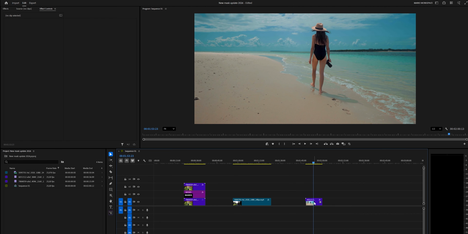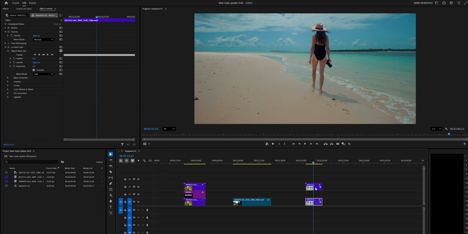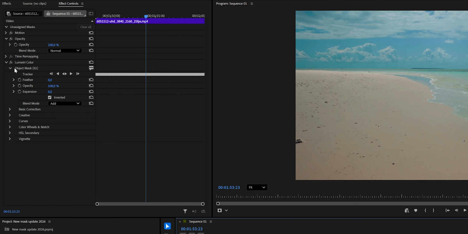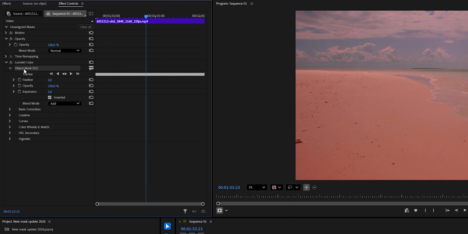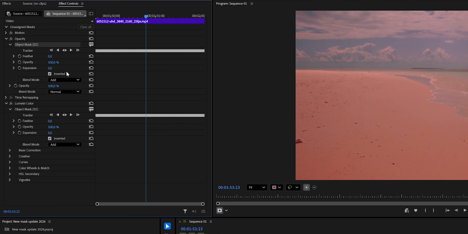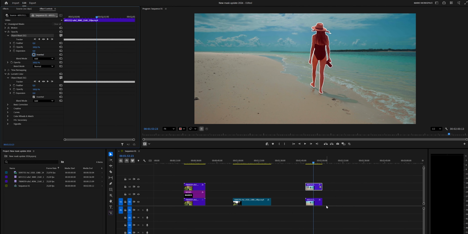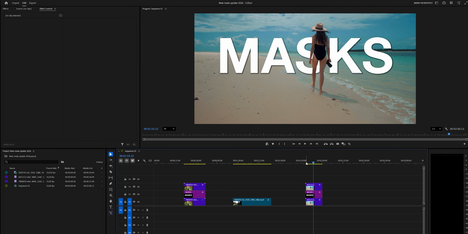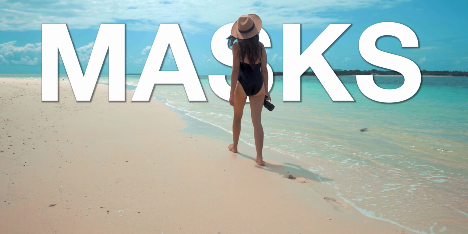What we can do here is duplicate this video. We're gonna come to the top. We're going to take this object mask that we did, select it and press Ctrl C, then come to opacity and press Ctrl V. So we just create another mask, but now in opacity. But we don't want it to be inverted. We want her to be selected. So we're gonna unclick inverted, and now in the top video we have her selected. So now we're gonna put the same text that we used before, and now we have also our text there, which is